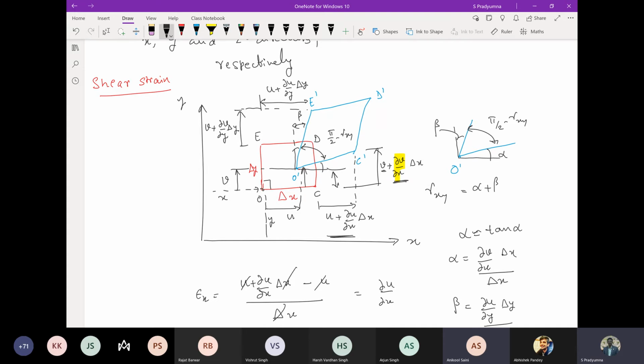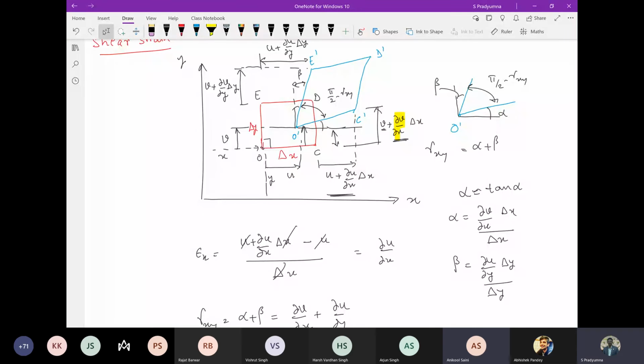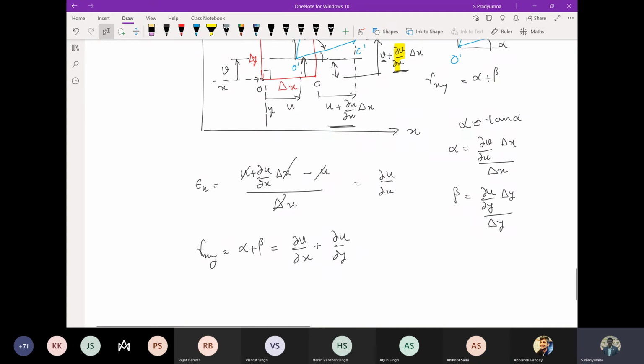This is v and this is v plus something, right? Along the x direction, v is changing. That is why we are writing dv by dx instead of dv by dy. Now the figure has actually become complicated, but you can see the video, I have explained it simply so that you